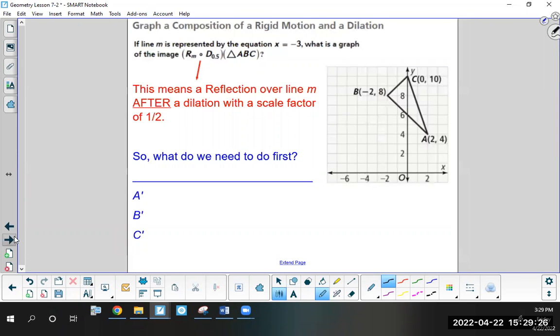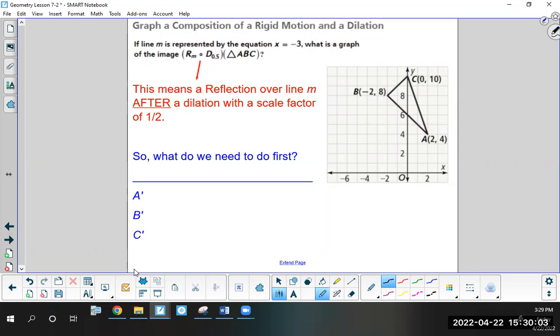Okay, so our first one, graph a composition of a rigid motion and a dilation. So just as a reminder, let's take a look at the notation on this. If line M is represented by the equation x equals -3, what is a graph of the image? And then we have this notation here. So what this means is the first part tells us what's happening. We're reflecting, because I see that big R over line M. And then we have that circle in the middle, which means after. D stands for dilation. And then I see 0.5 there, which tells me